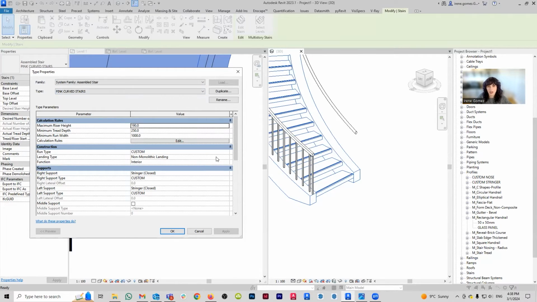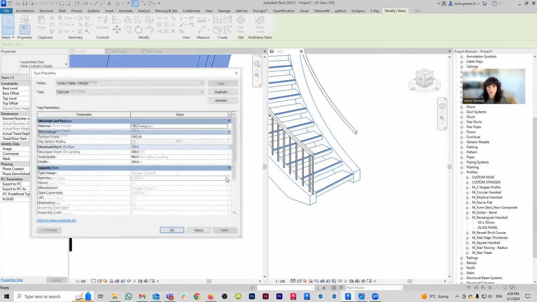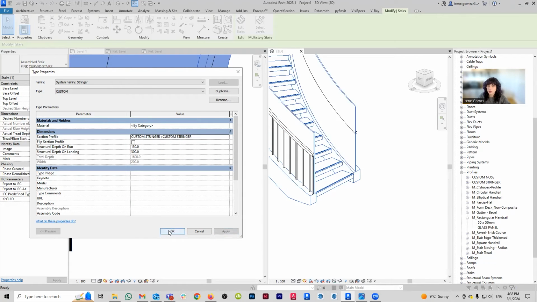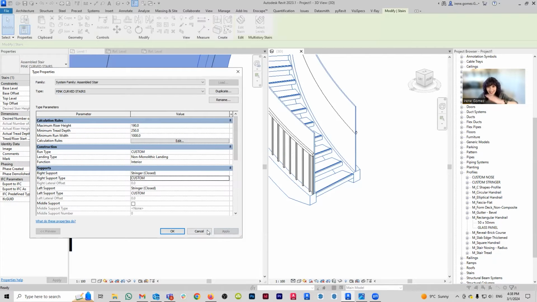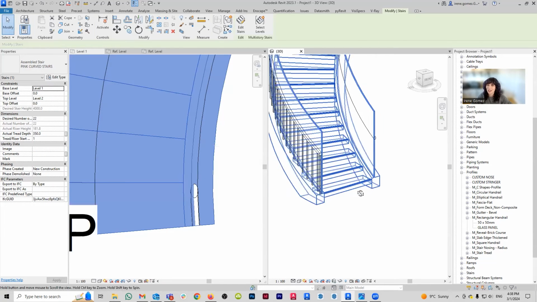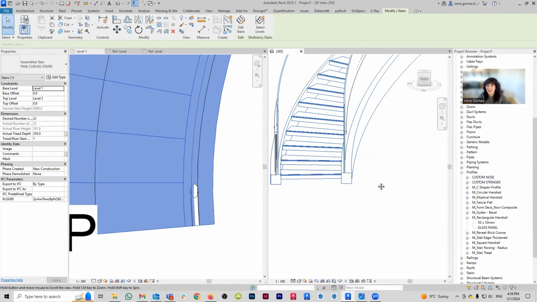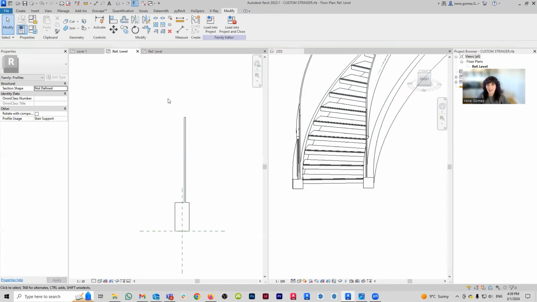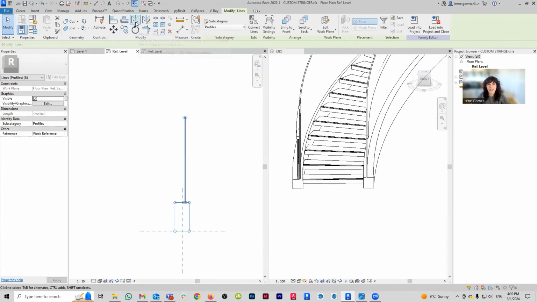And I'm going to come here and on my runners, I'm going to replace this custom with my new railing profile, which is going to be, I'm going to switch this to custom stringer. Beautiful. So I'm going to go apply and okay. Ooh, and you can already see, oh crap, of course it's flipped because of course I would mess it up. Okay, I need to mirror it. One of these days I will do things in the right direction on the first try. One of these days. No copy.